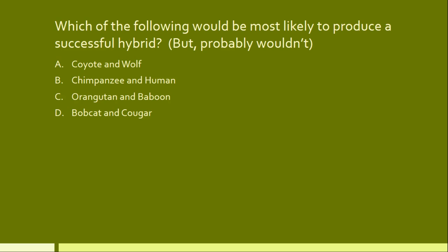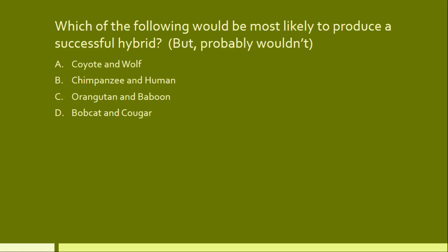And then coyotes and wolves, they're both canids, right? They are the same genus, but they're different species. And it turns out that, remember, as you go through classification, the closer you get to those more exclusive groups like species, the more genetically related you are, right? And so genus, everybody in the same genus are much more closely related than groups that are just in the same family, for instance, but different genuses. So coyotes and wolves really still very closely related, and as a matter of fact, they are so closely related they actually do produce a successful hybrid, and it is called the Texas or Mexican red wolf.